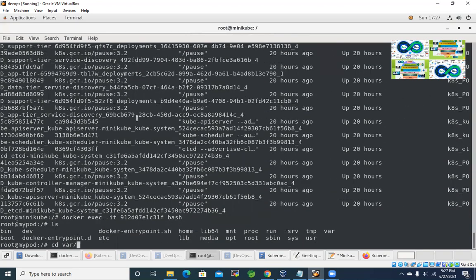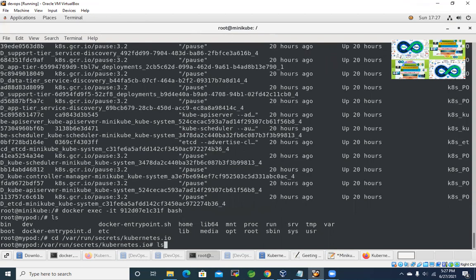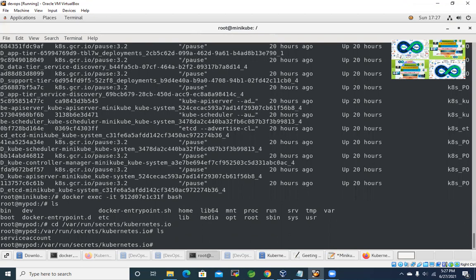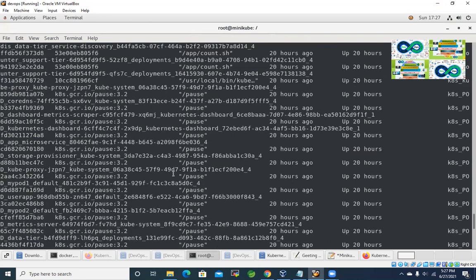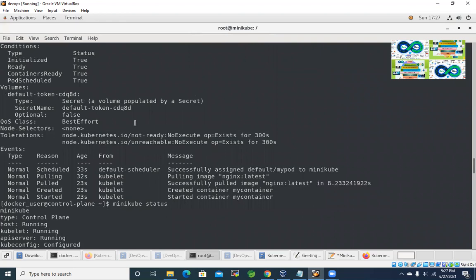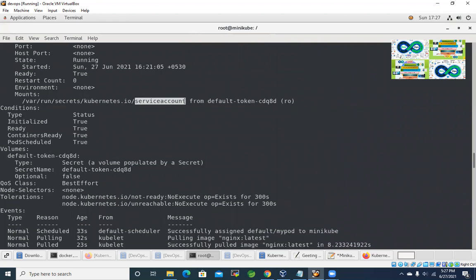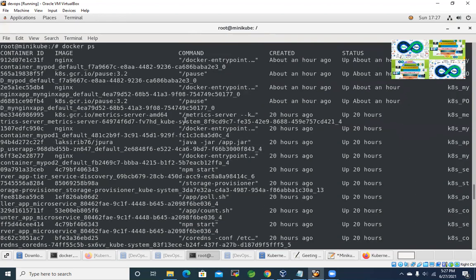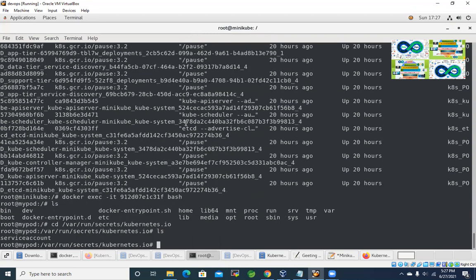So it's very simple, it just says cd test. You can see here we have the service account, right? So that's the mount point we are talking about. That is inside the Nginx container, this mount point, the service account. That is for you to get an idea how it really runs the resources inside the